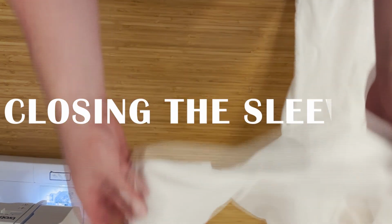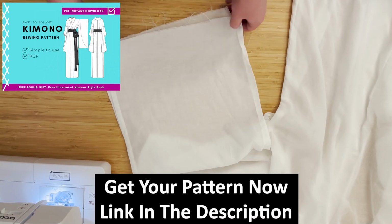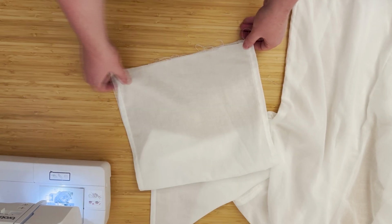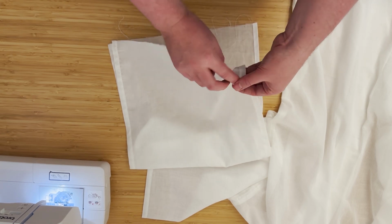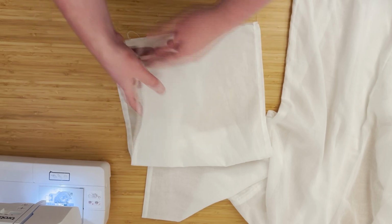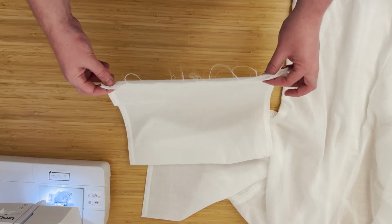Last thing to do is close the sleeve. That involves closing the bottom. So the bottom of the sleeve bag here, we close this edge. You might have this edge turned once and twice, the same way that we've enclosed the raw edges on the sides of the sleeves. I've left it open because I'm going to show you how to do it with a French seam,